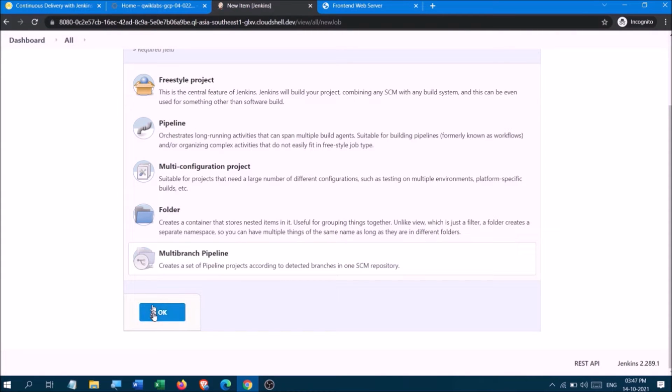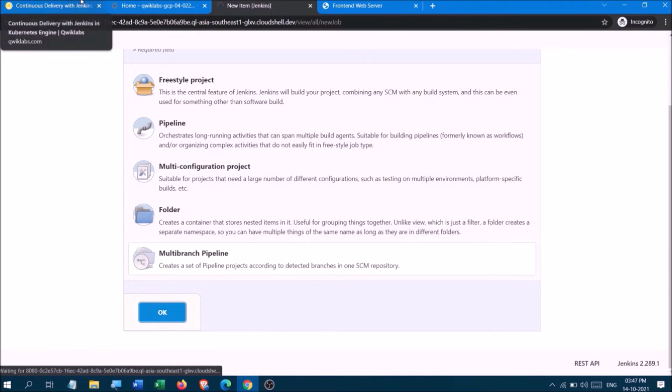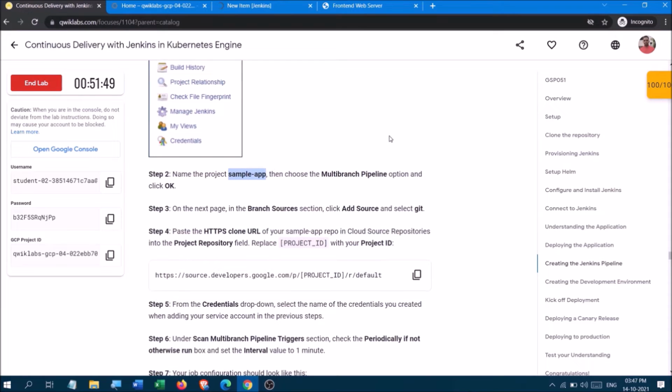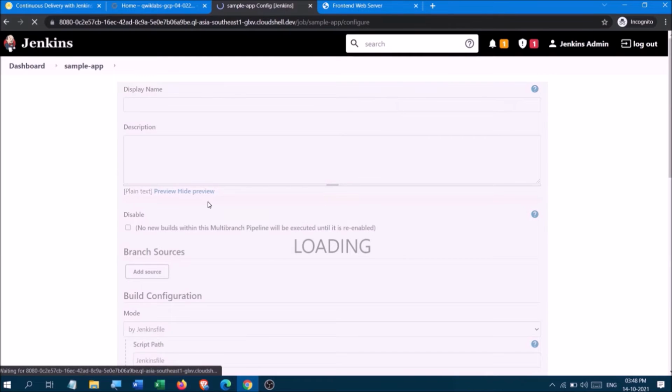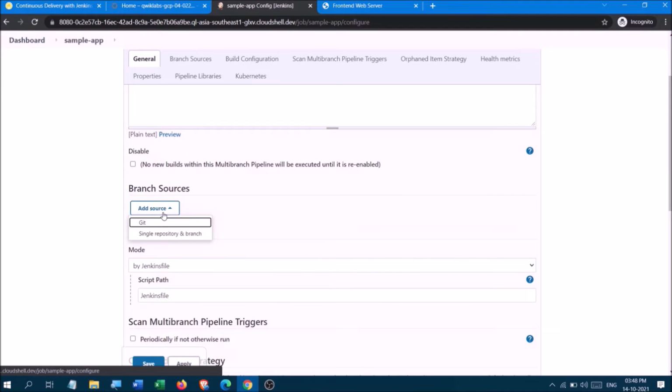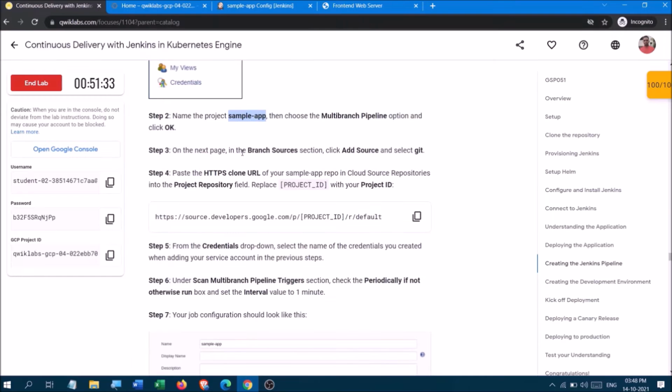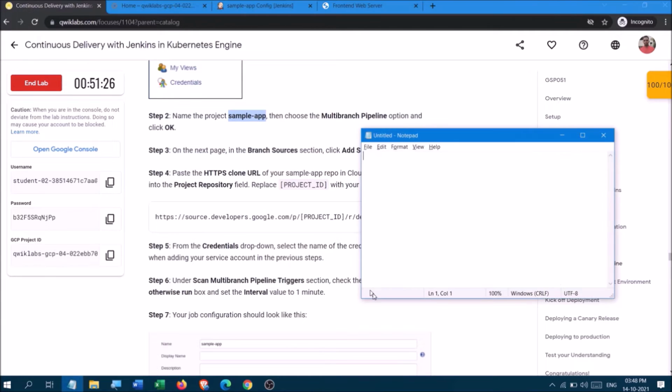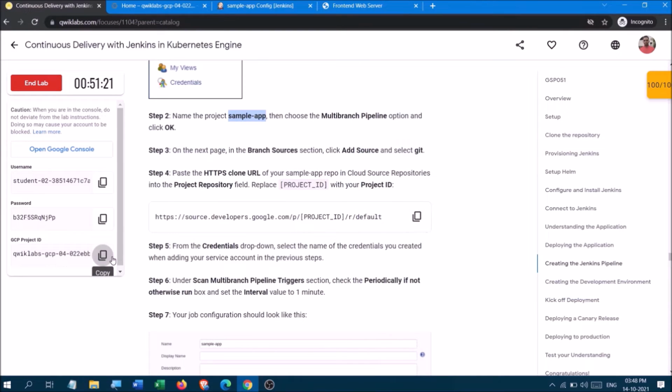Okay, so we are looking for continuous deployment through this. Okay, so it is asking, branch source is git. Now copy this into the untitled, copy this project ID. So this is the project ID.